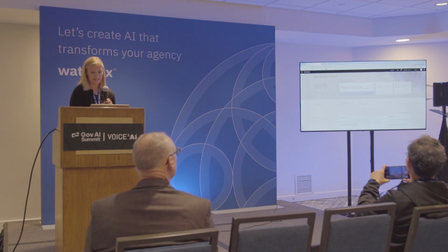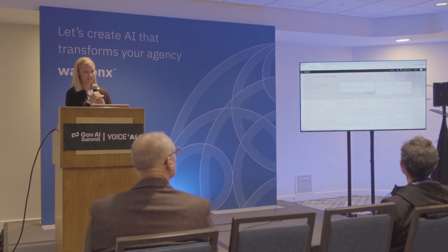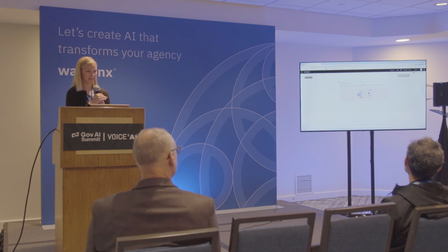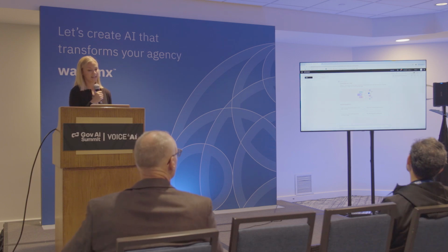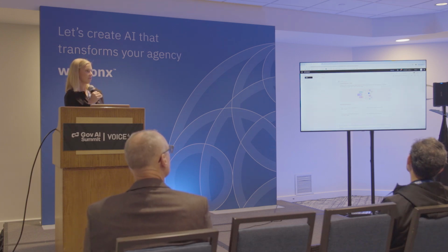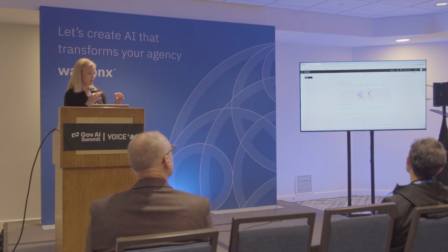So let me jump right into our prompt lab. The prompt lab is the space for working with foundation models specifically for text generation and generative AI. There's a couple of different ways that you can work to build out prompts within this interface. For those of you that might be newer in the space or less familiar with some of the concepts,